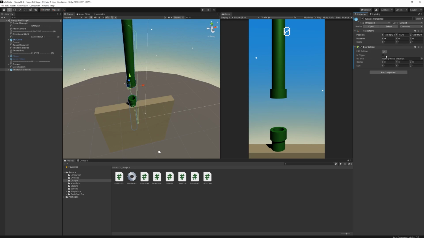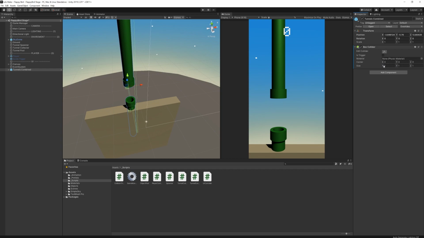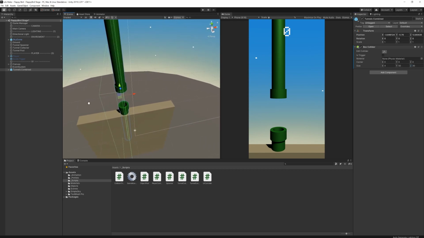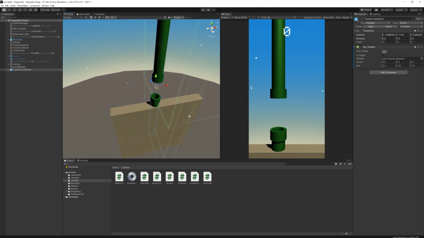So we'll go just a box collider, and we will set the width to be about 4. And we'll go the Y to be about 50 and the Z, let's go 30. Now, because this is just for the sake of being deleted, we don't have to worry too much about it